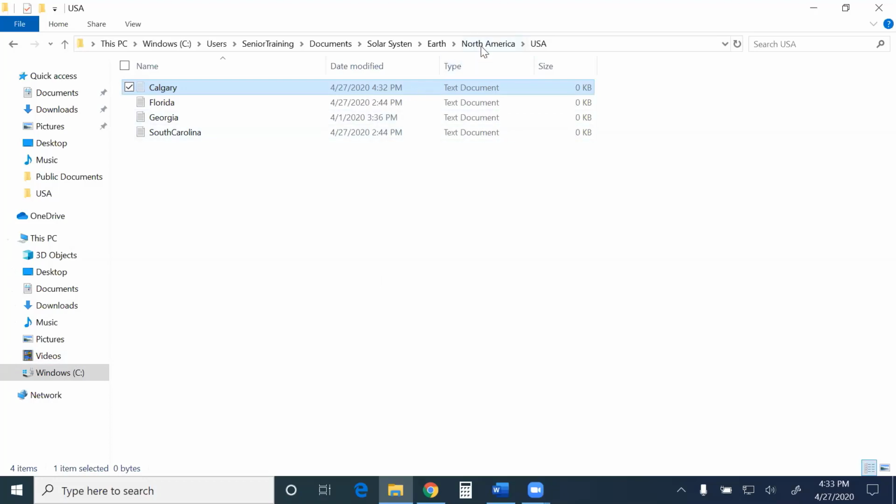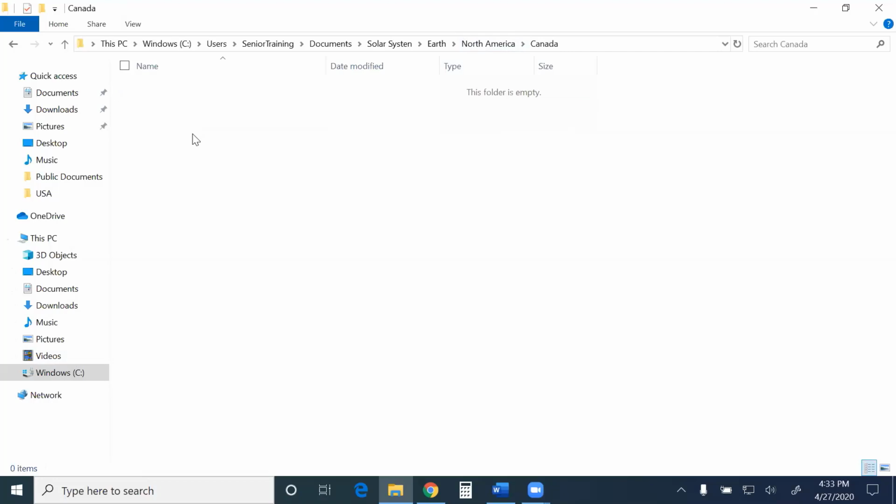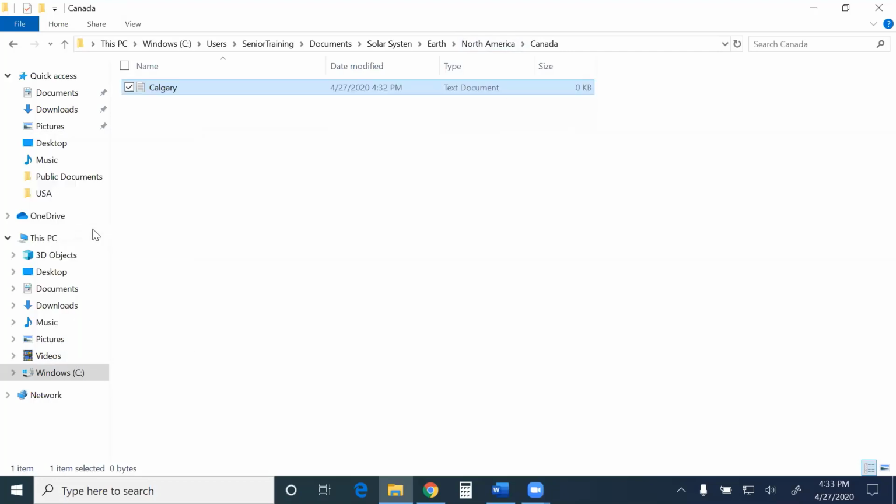But if I come over here to North America and I go into the Canada folder, I can right click and select paste, and it's going to move that file. So here's one thing I want to talk about. Cut versus copy. Okay, for many of you, that's going to be totally logical what the difference between those two are, but keep in mind, okay, if I take